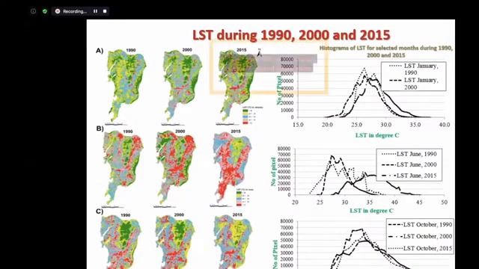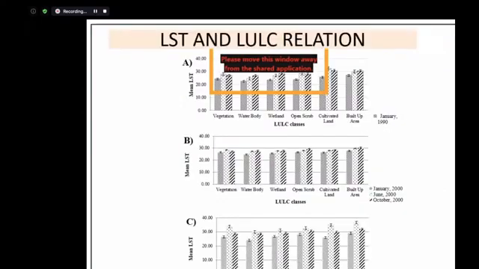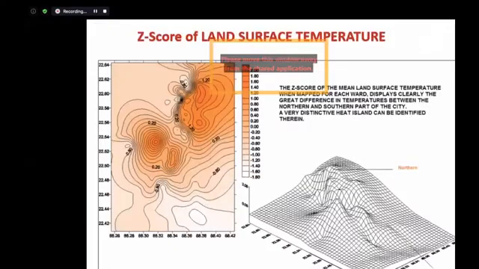We can also use this kind of assessment in our small cities, and we can integrate it with the direction of land use change for further urban modeling or urban management and city management policies. And this is the relation between urban land use change and land surface temperature. Okay, in Mumbai city,